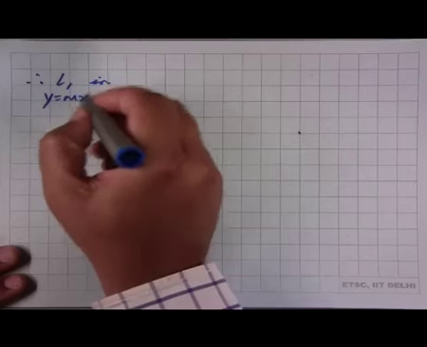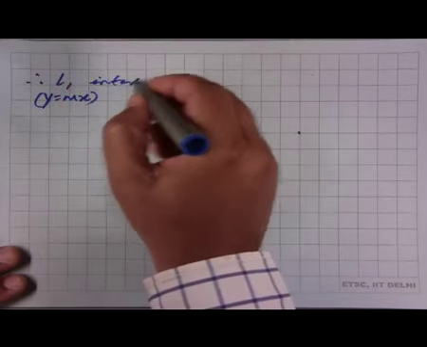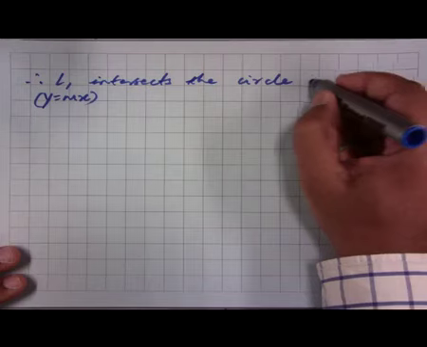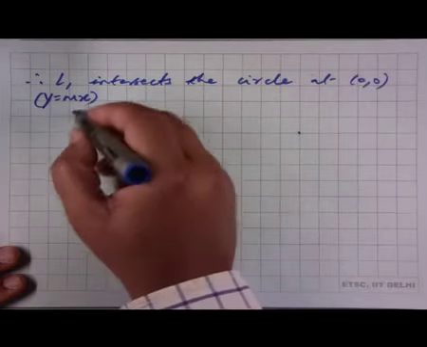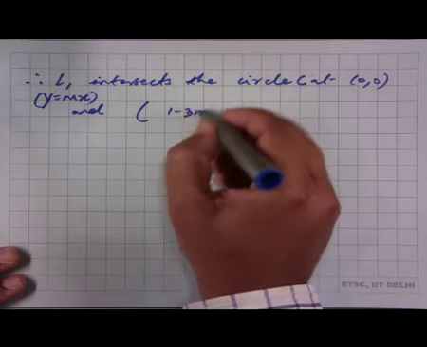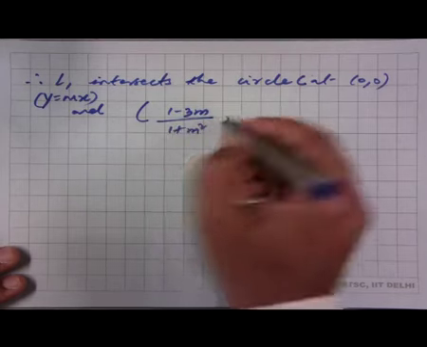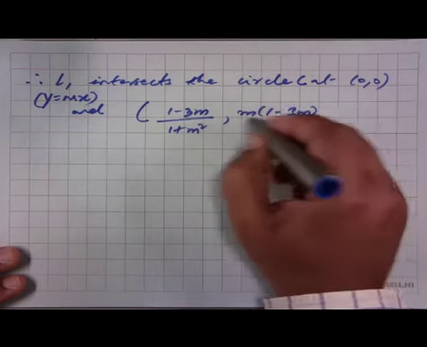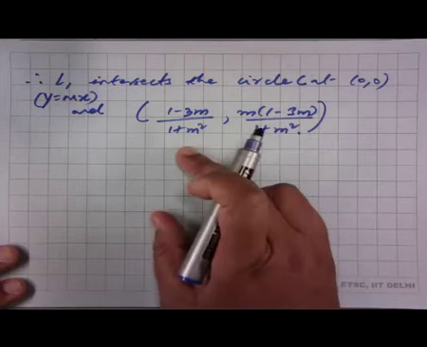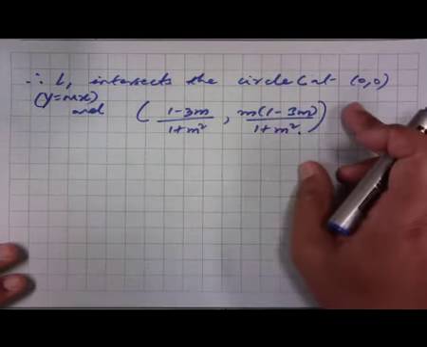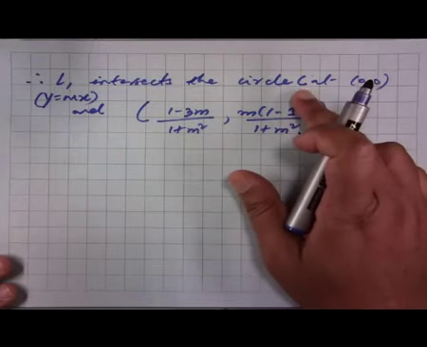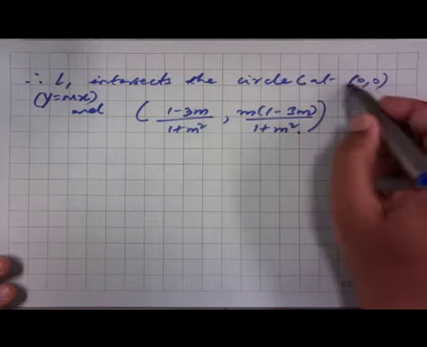Therefore, L1 which is y equal to mx intersects the circle at the origin and this other point, and therefore the length of the intercept made by the line L1 on the circle C is going to be the distance between these 2 points,